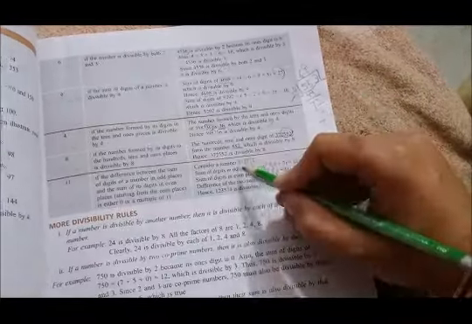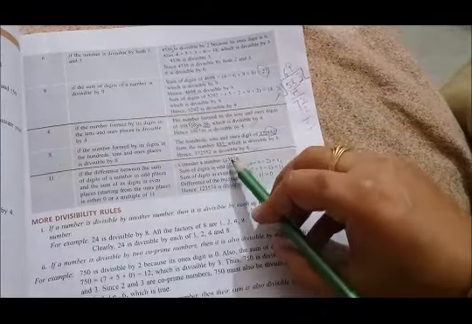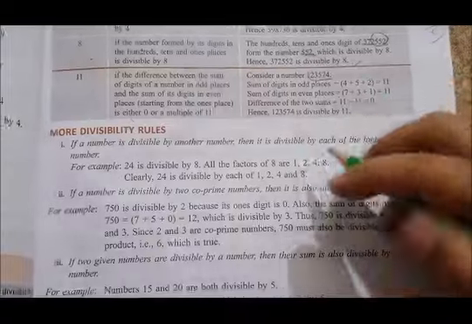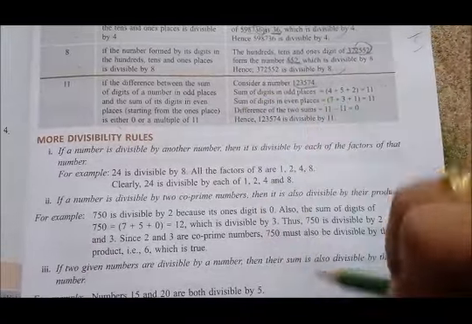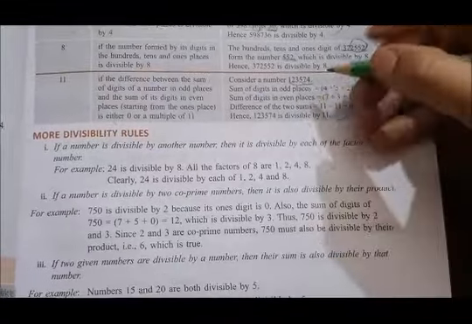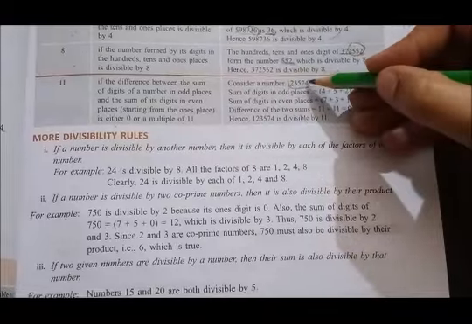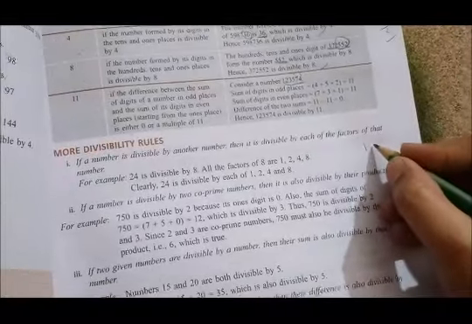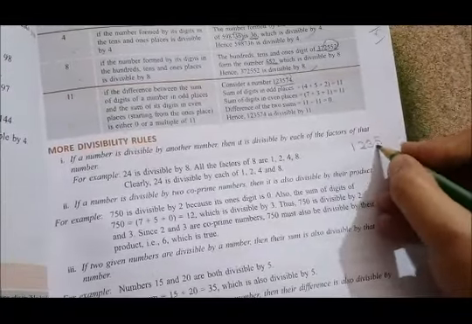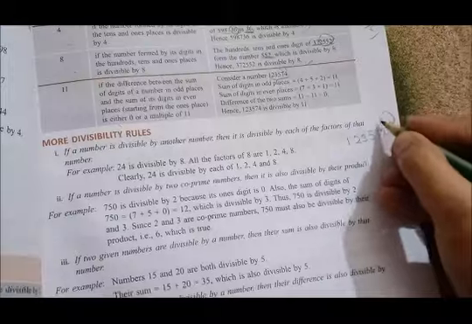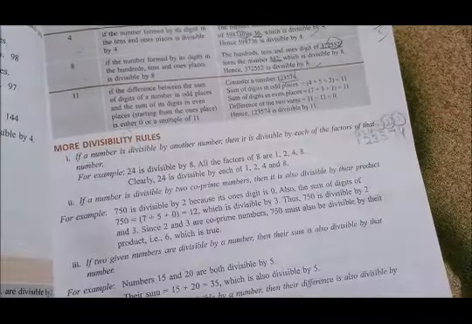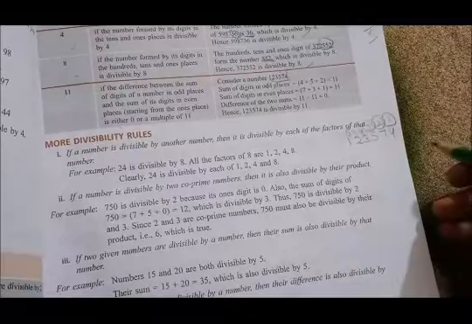Suppose they have taken one example, 1, 2, 3, 5, 7, 4. Sum of digits in odd places. What do you mean by odd places? It means the first place, we will start from here. This is the first place, this is the second. Suppose this is given to you, 1, 2, 3, 5, 7, 4. This is place one, 2, 3, 4, 5, 6. Now what are the even place digits?